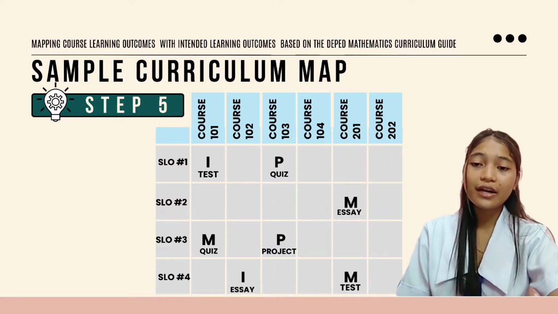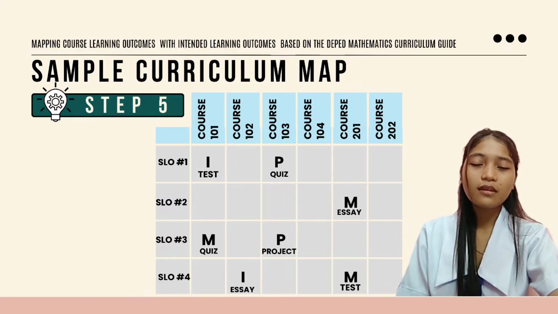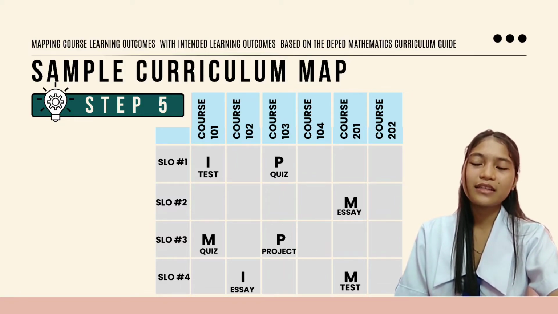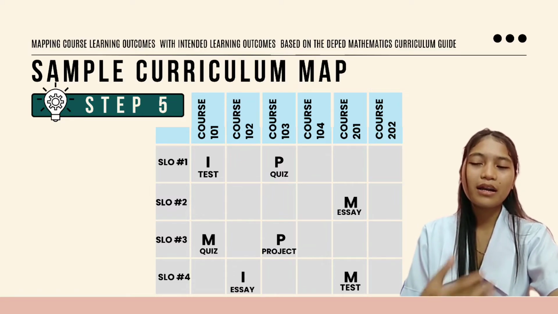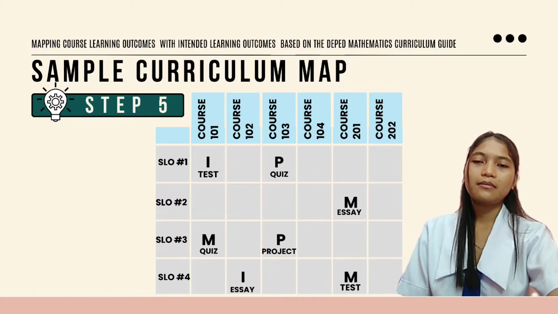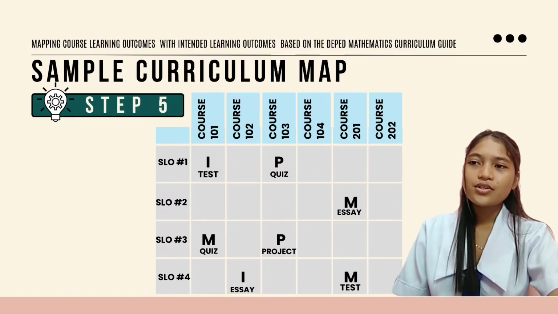And as I said earlier, every learning outcome must provide what assessment or what method is to be used to attain the learning outcome. So, teachers should really know what assessments to use to measure the learnings and knowledge of students. So, I guess that's all for my part, and